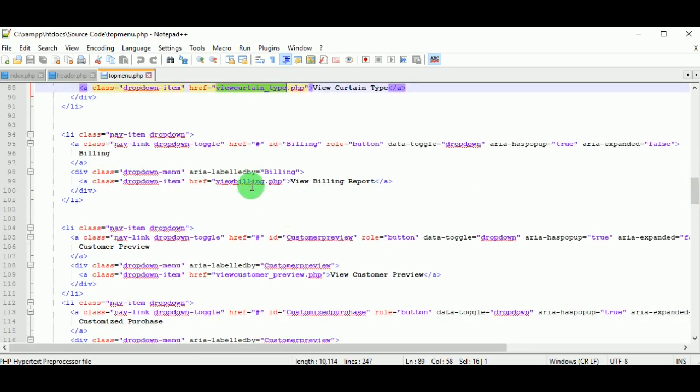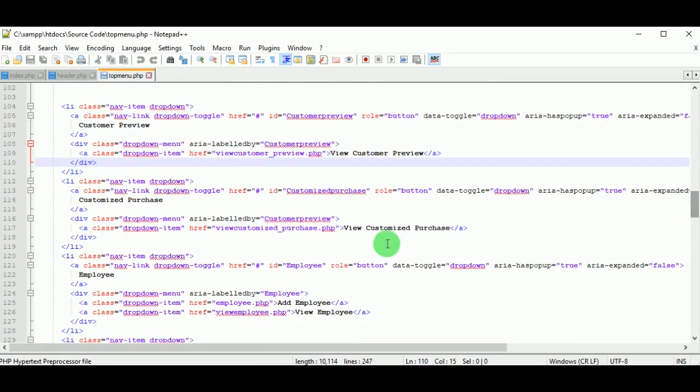Next is the billing menu. In the billing menu, the admin can view the billing report. In customer preview, whatever items customers have added for customized orders can be viewed. And in customized purchase, the purchases made by customers can be viewed.